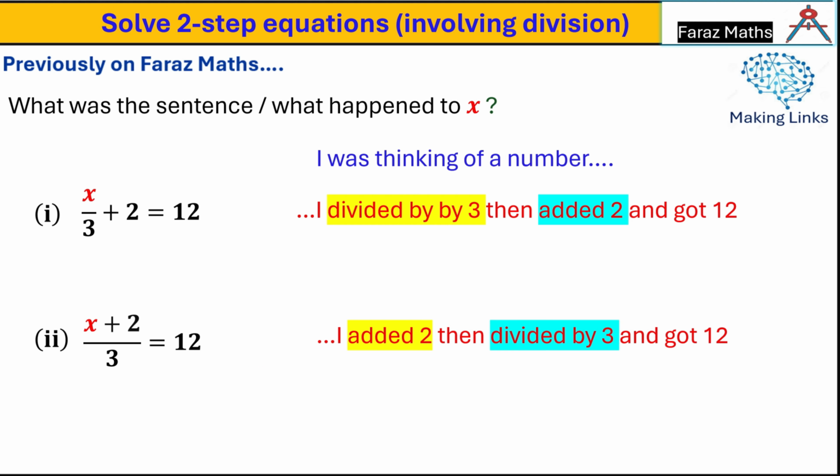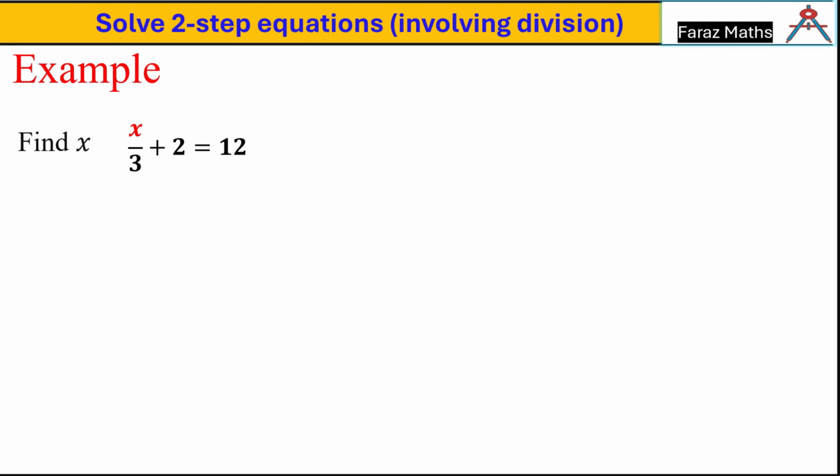Okay, coming to the next. Find x over 3 plus 2 equal 12. So we can do it in this way. x over 3 is equal to 12. Move this plus 2 to the other side and it will become negative 2. Whenever we move a plus number to the other side, it will become negative. Then x over 3 is equal to 12 minus 2, which is 10. This 3 is in division, so the inverse of division is multiplication. That's why x is equal to 10 times 3, and this will give you x is equal to 30.